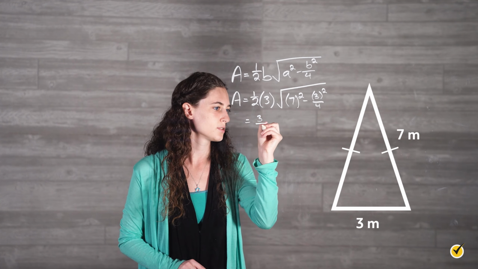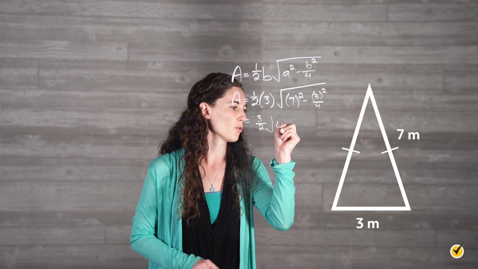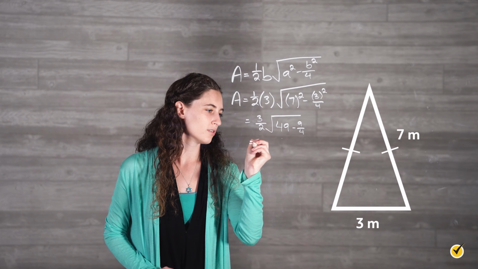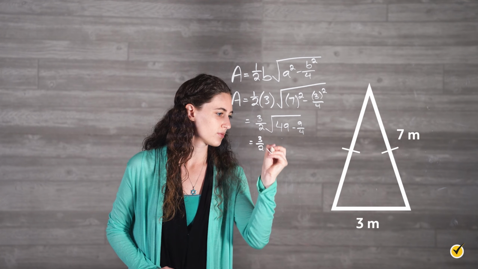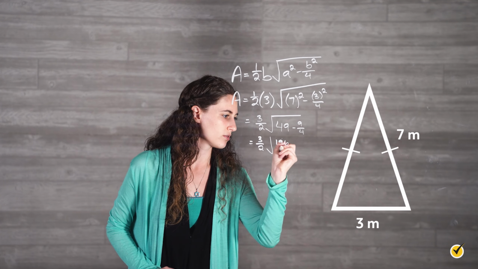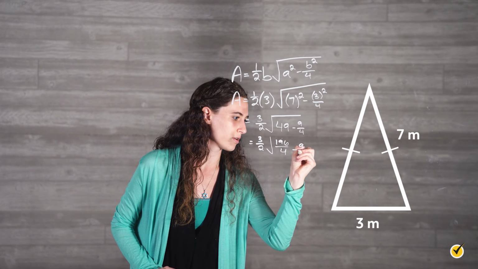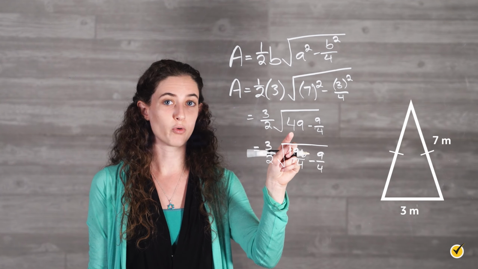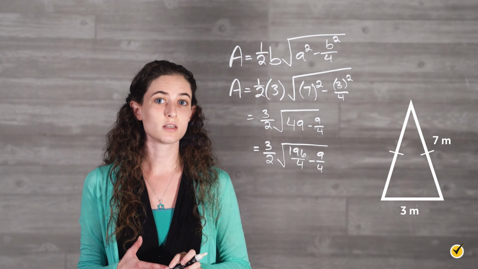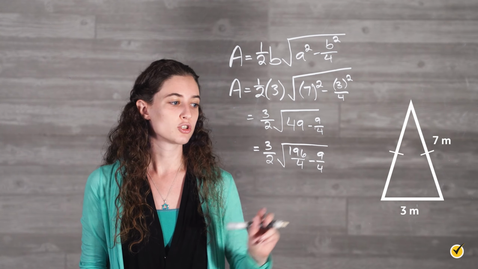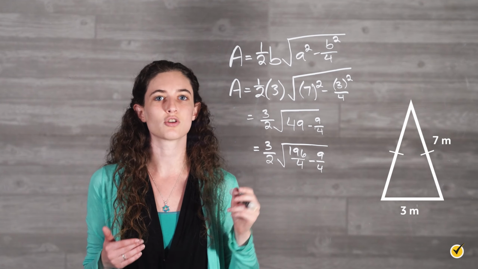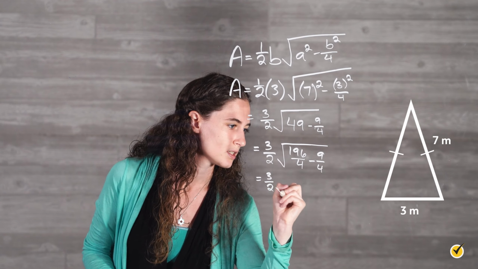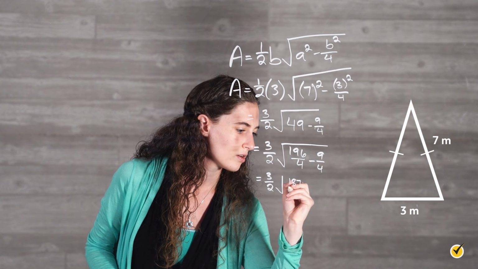which is equal to 3/2 times the square root of 49 minus 9 over 4, which is equal to 3/2 times 196 over 4 minus 9 over 4. The 196 over 4 comes from converting our 49 to a fraction. So we did this by multiplying by 4 over 4 so that we have fractions with common denominators and are able to subtract them. So this is equal to 3/2 times the square root of 187 over 4,